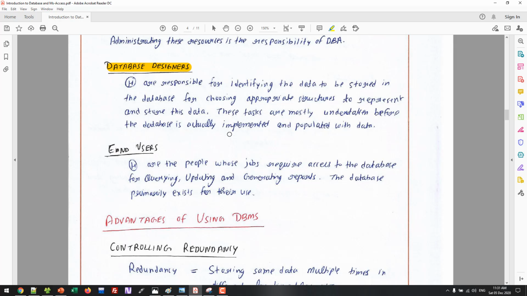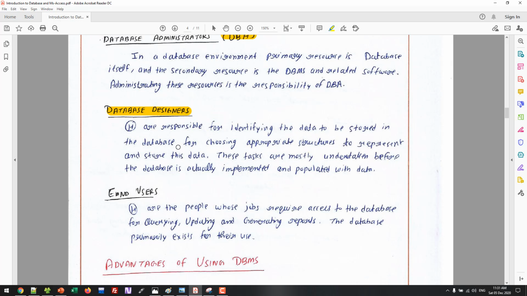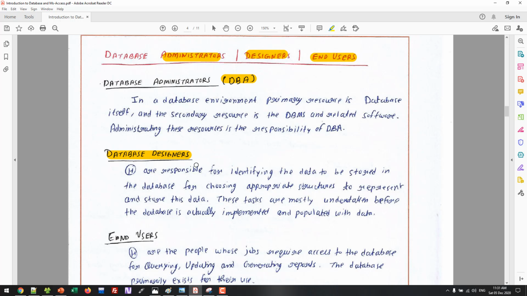So those who have expertise in the domain of computers, in the domain of databases, those persons will design the database. And whenever the database is designed, it is handed over to database administrators,